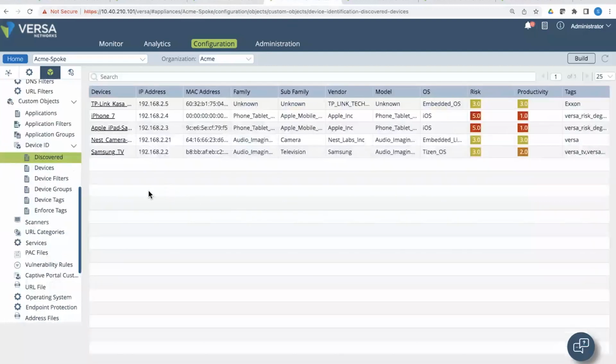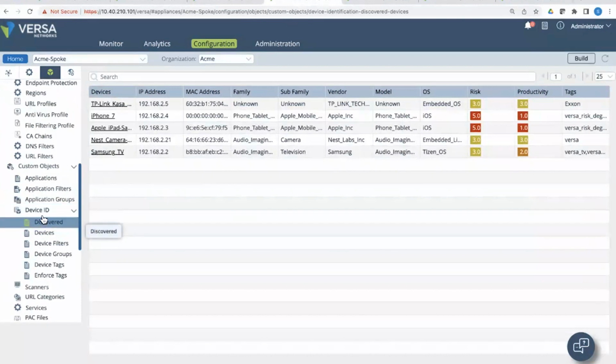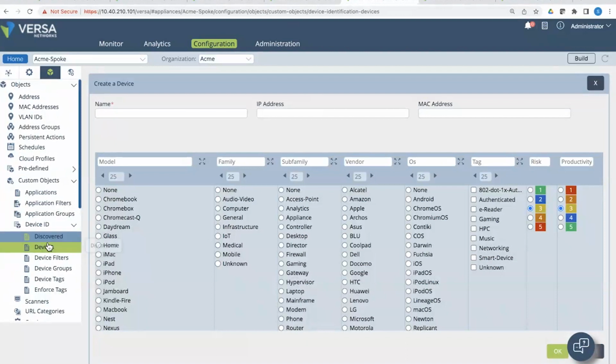The next screen we're going to go into is under the Objects, Custom Objects. Within the device identification under Custom Objects, we show all of the discovered devices. We also offer customers to define their own devices by clicking on the Add. Customer users can add their own custom devices by providing a name, IP address, MAC address, or both, and associate the device with various kinds of metadata. Users can also create custom device filters, and groups associate device tags with these devices and use them in enforcing